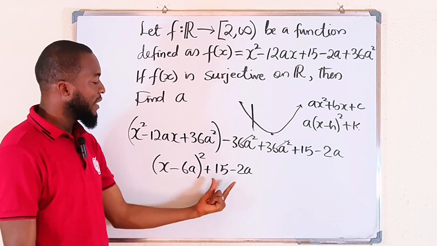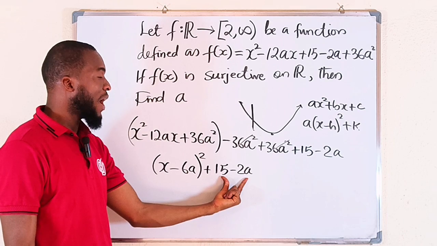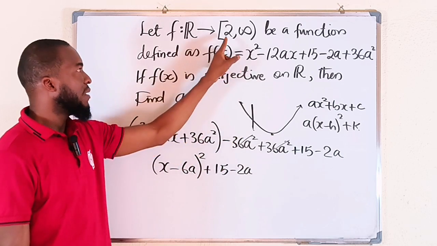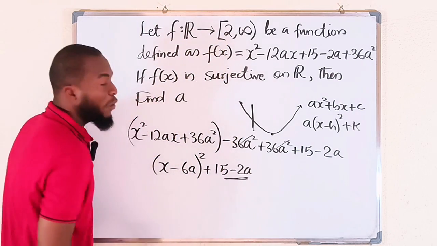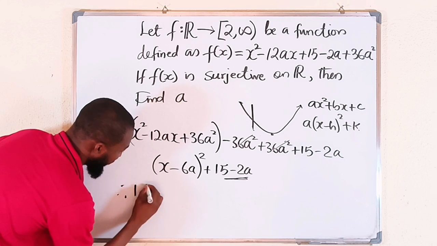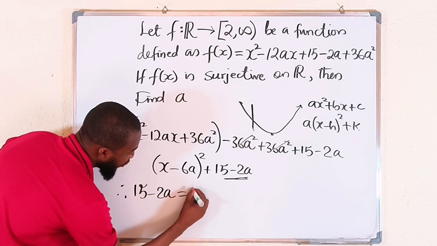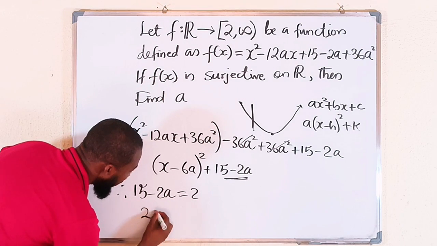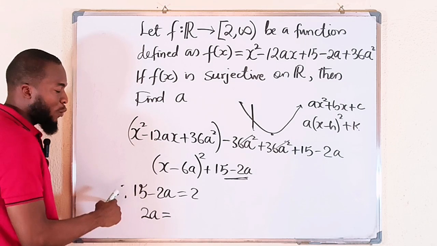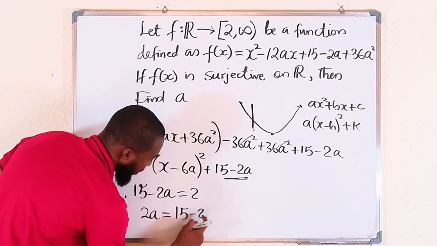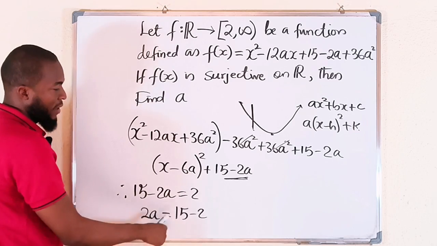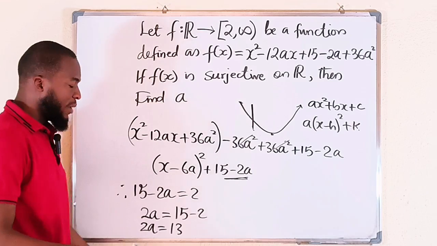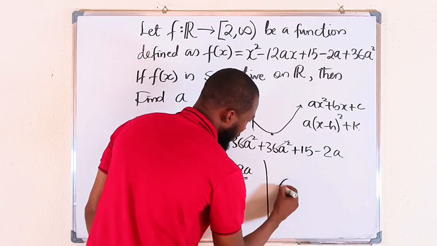But remember, I told you that the value here is always the minimum value of y. It could be the maximum, but in this case, we have seen that it is the minimum. And it is equal to 2. So therefore, the whole of this is equal to 2. Therefore, 15 minus 2a must be equal to 2, according to the question. You can take this one to the other side. It becomes positive 2a. You bring 2 backward, it becomes 15 minus 2. This is 13, right? So we have seen that 2a is equal to 13. So what is the value of a? Divide both sides by 2. Therefore, a is equal to